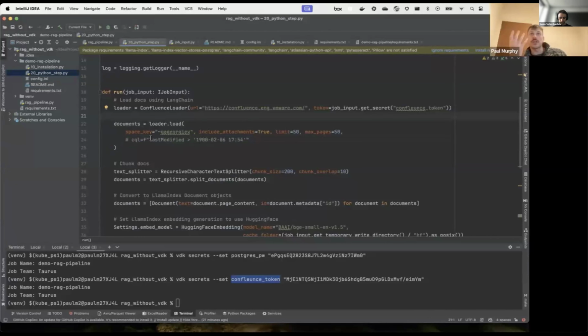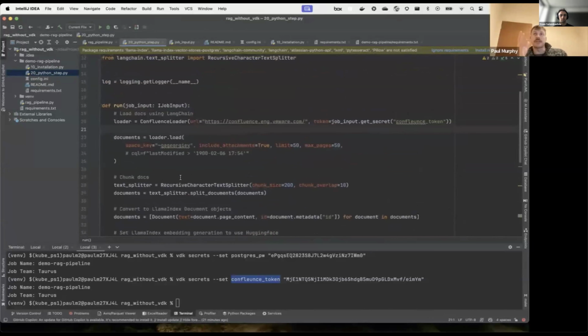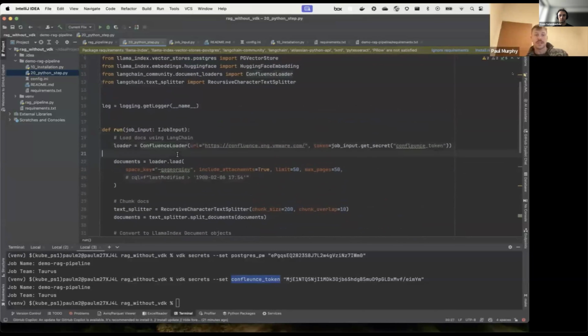So the first time the job runs, it should pull everything from Confluence. But every session, every iteration after that, it should only pull new data. So how this is going to work is that a job at the end of it is going to save a state, which is the time that it last scraped at. And we know that we can just use that as the filter for the next run. So we'll say